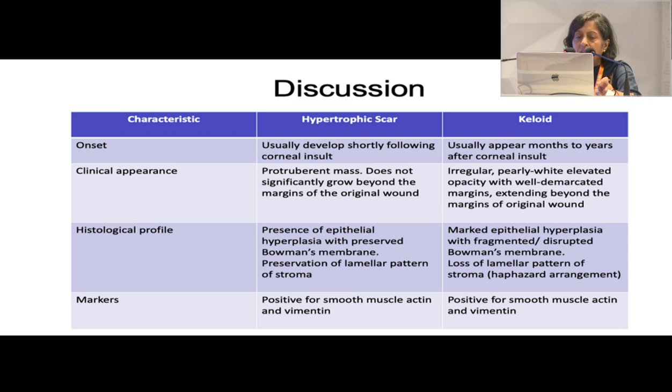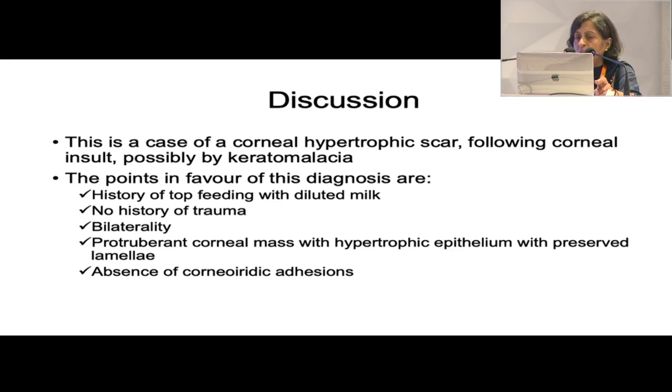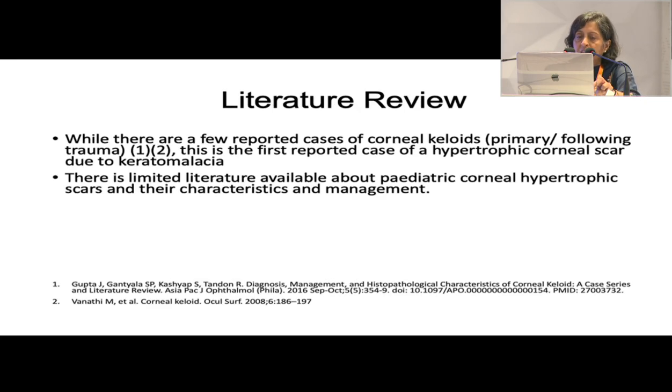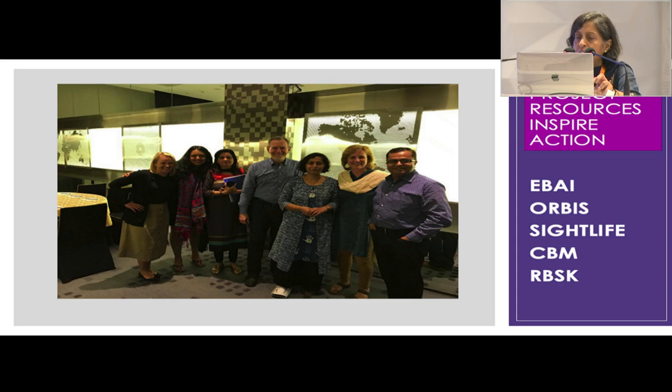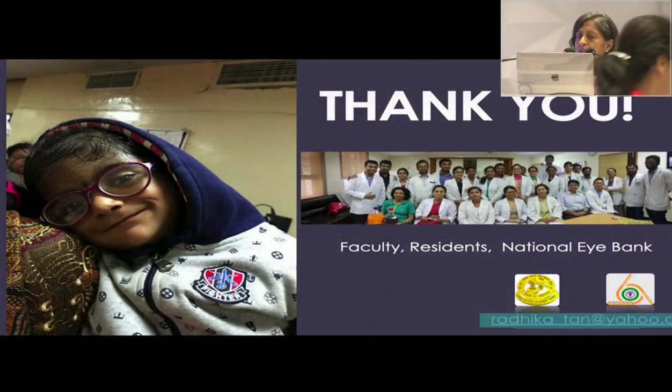So finally, the histological profile indicated that it was actually a corneal hypertrophic scar following a corneal insult, possibly by keratomalacia, and it is an atypical presentation. From literature review, there have been 2 reported cases of corneal keloids, but this unique case highlights the importance of in-depth history taking, surgical management, and the intervention in one eye, keratoplasty, the other eye just observation with refraction and careful